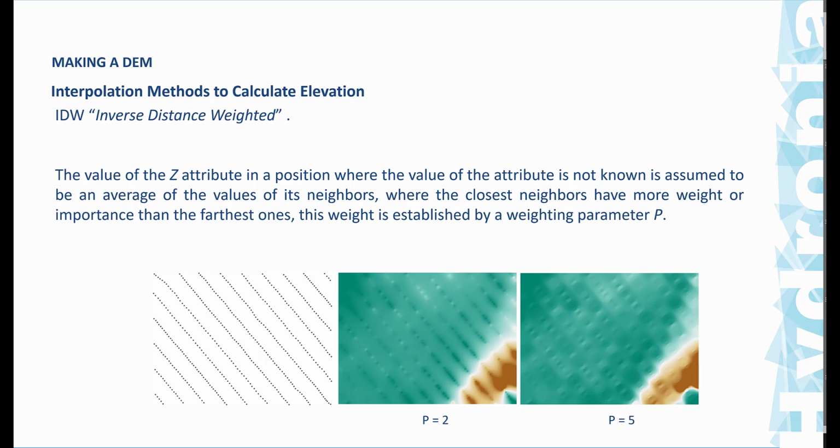Now, the inverse distance weighted method is probably one of the most used methods for interpolating points to a surface. The idea is that you want to generate raster information, and you have a set of points that are located, in this case, in lines like this. Each point has an elevation. Now, if you want to obtain the elevation at any point in between these ones where you may not have a point,